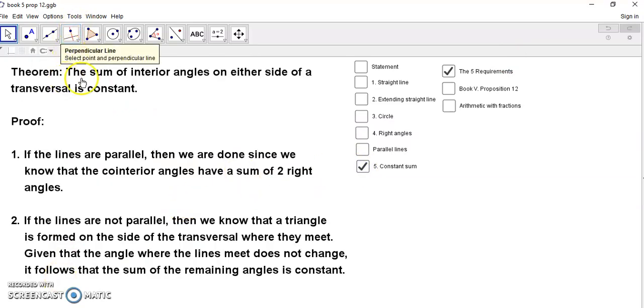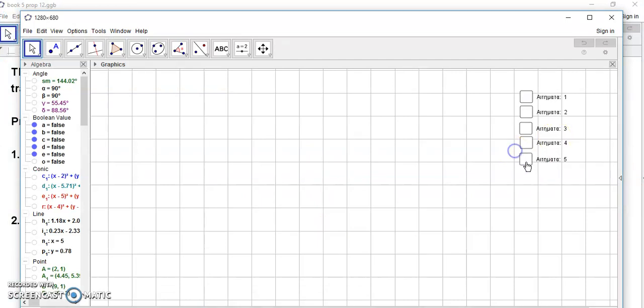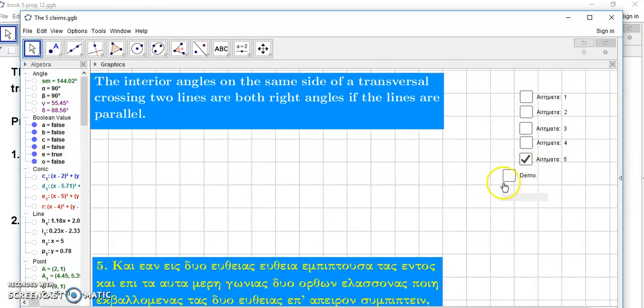requirement. It says the sum of interior angles on either side of a transversal is constant. Okay, it doesn't say anything else. If the lines are parallel, then we are done, since we know that the cointerior angles have a sum of 2 right angles. Okay, and that, by the way, can be proved. And in this video here,